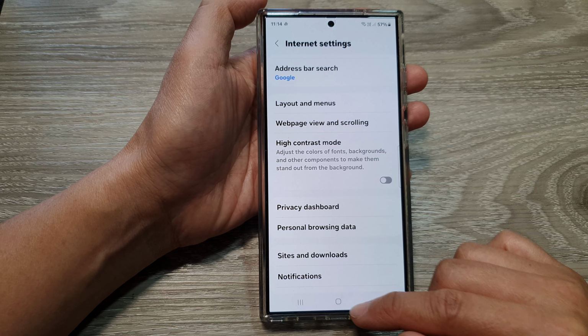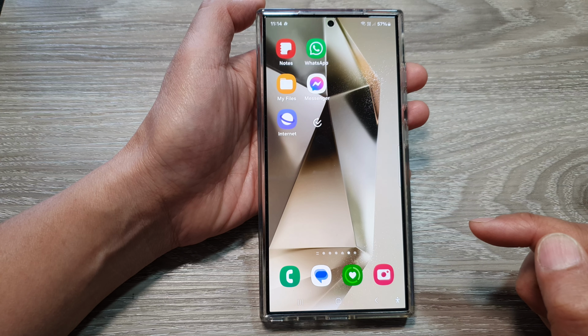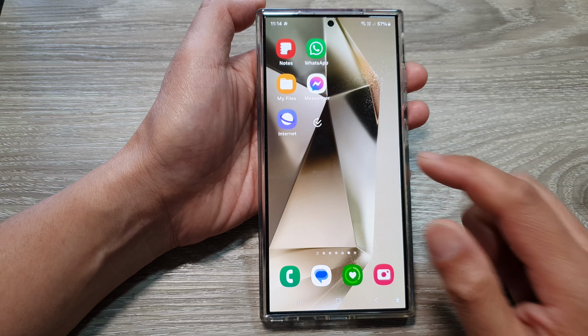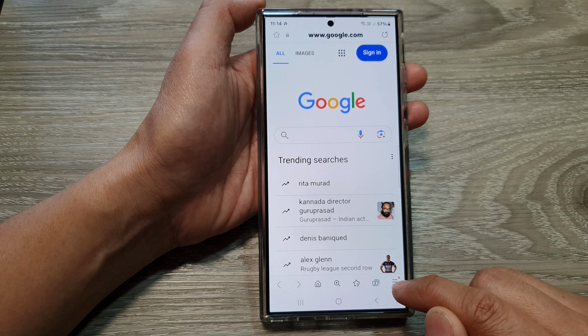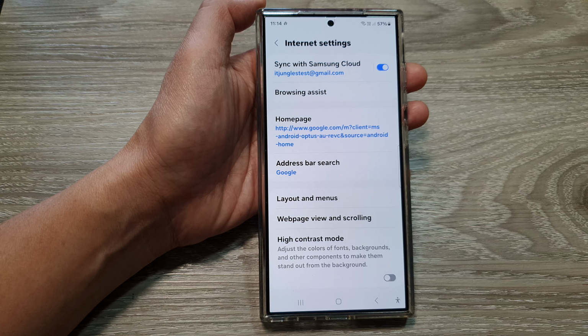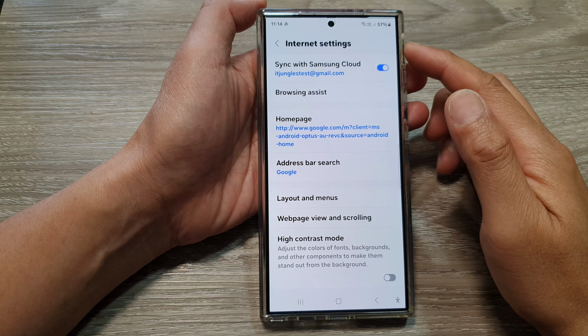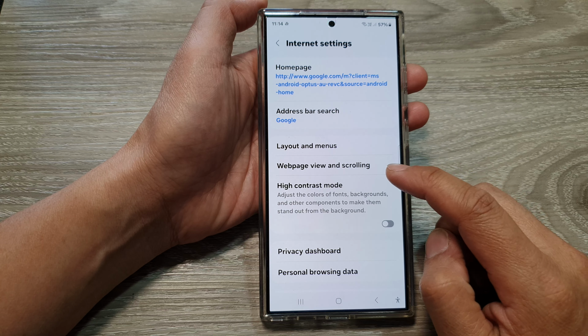First, let's go back to the home screen by tapping on the home button at the bottom of the screen. And from the home screen, open up the Samsung Internet app. Then tap on the menu button at the bottom. Then tap on settings. Now in the Internet settings page, we go down and tap on web page view and